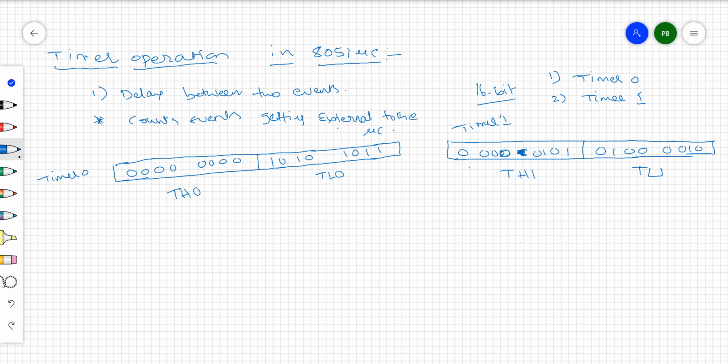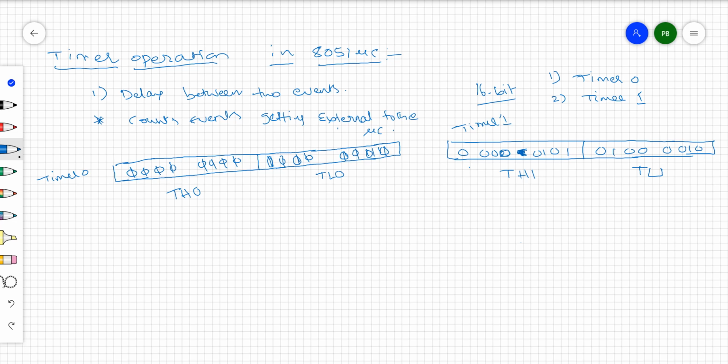This is the 8-bit, this one is the 8-bit, total 16-bit. So here you can store these bits from all 16 zeros to all ones, and any combination in between. So from all zeros to all ones, any combination of bits you can store in this particular one.